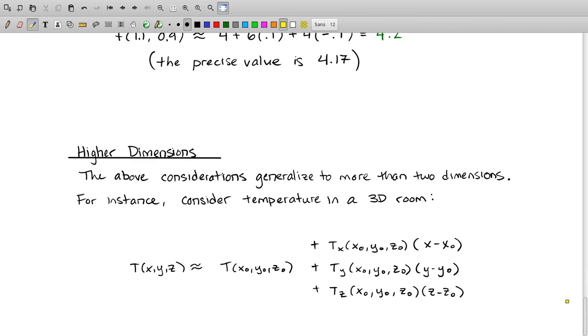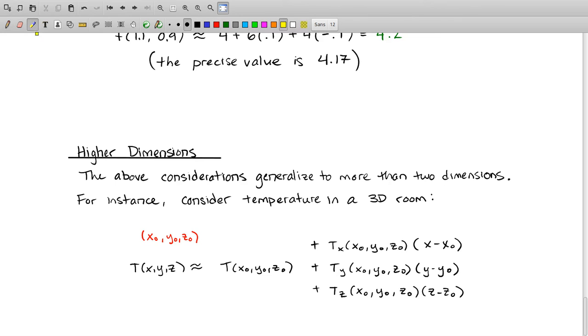Final note, no example to follow, but we should point out that this kind of procedure can also be done in more than 2 dimensions. Okay, say you have 3 variables, then instead of 2 linear terms, 1 for each of the x and y directions, you now have 3 linear terms, 1 for each of the x, y, and z directions. So if we had some point, x naught, y naught, z naught, at which we wanted to approximate the value of some 3 variable function like T, say the temperature in a room with 3 dimensions,